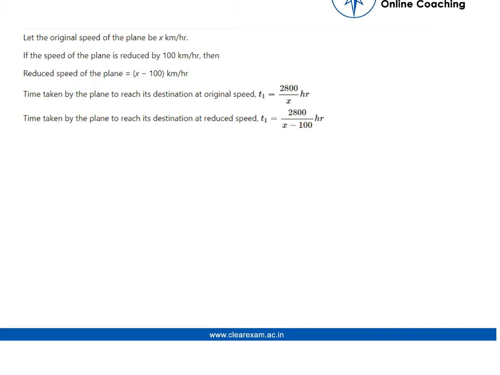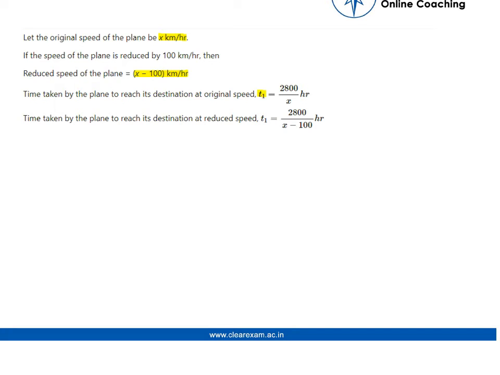So we have the next question which says that there is a plane whose speed is reduced by 100 km per hour due to bad weather and time is increased by 30 minutes. So we are considering the original speed of the plane as x km per hour, and if the speed of the plane is reduced by 100 km, then the reduced speed would be x minus 100